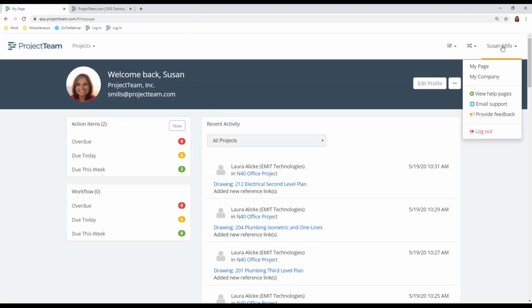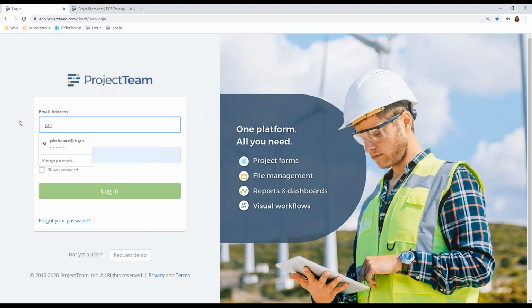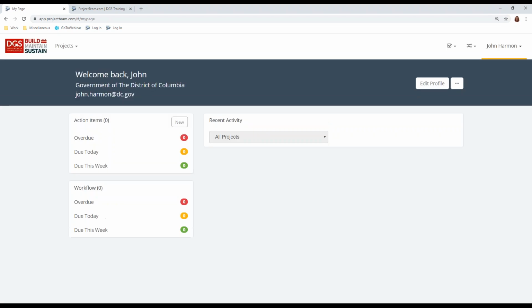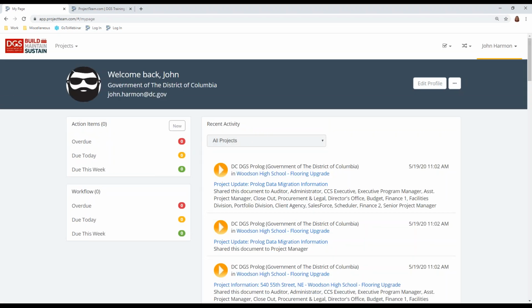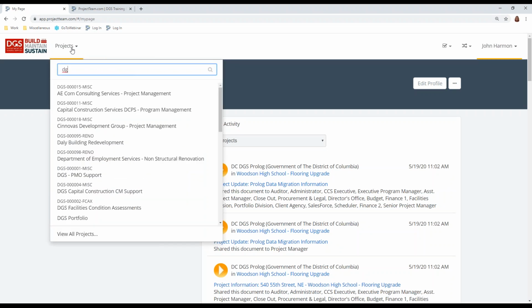So I'm going to log in as John. He's given me permission to do that because I don't have access to the DGS portfolio project. So in order to train this, you have to have access. Okay, now clients will have access to the DGS portfolio project. So I'm just going to go ahead and